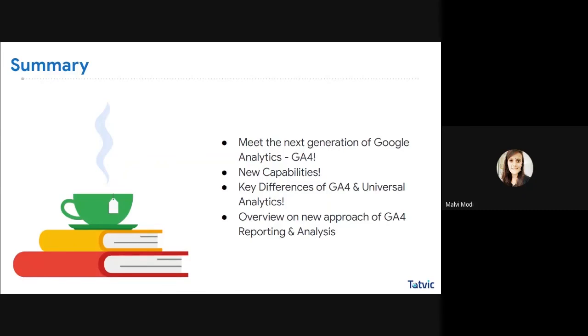We need to make some code-based changes, and if you also have GTM for app, then you need to implement the app with the Firebase version, because GTM for app alone will not work now. You can still use GTM for the application, but Firebase integration is compulsory for the app stream data to come into Google Analytics 4. If you ask me about the timelines, it solely depends on